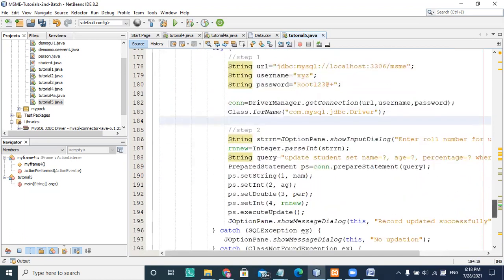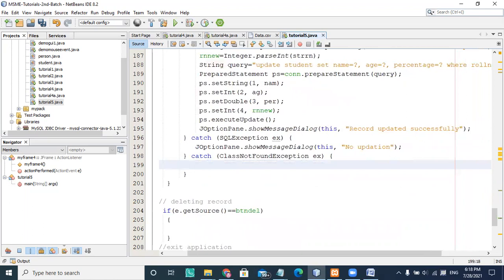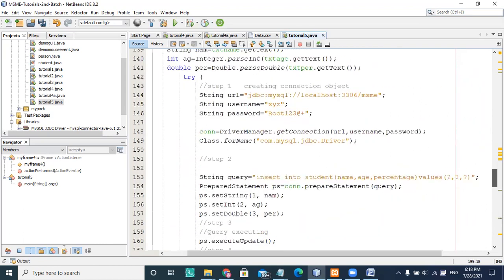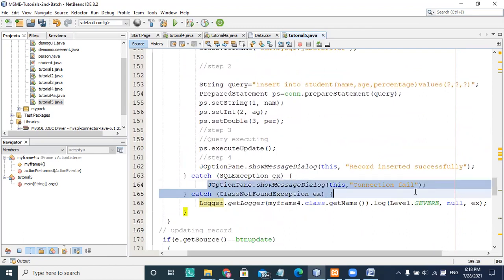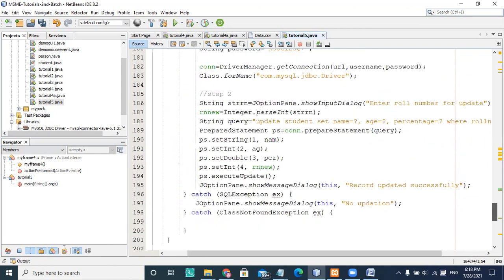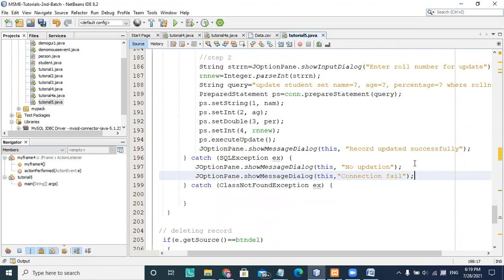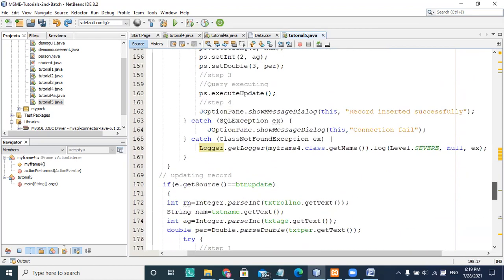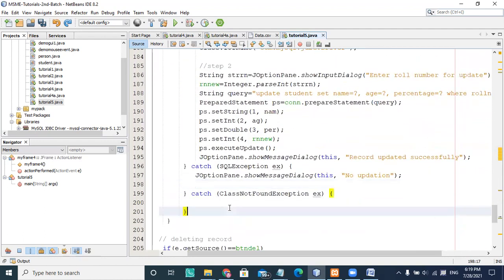Class. And that class is again I'm using the connection field. I have to write a connection. I forgot to write a connection statement, which is the same as your previous connection. So class not point here. If the function has some option, then class not found kind of exceptions, and correction or no updation kind of exceptions.